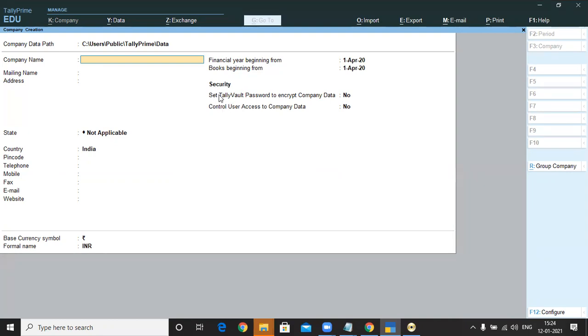Next, provide the name NextGen Private Limited. For the new company, I'm giving number 100, then the second address line. State Karnataka.